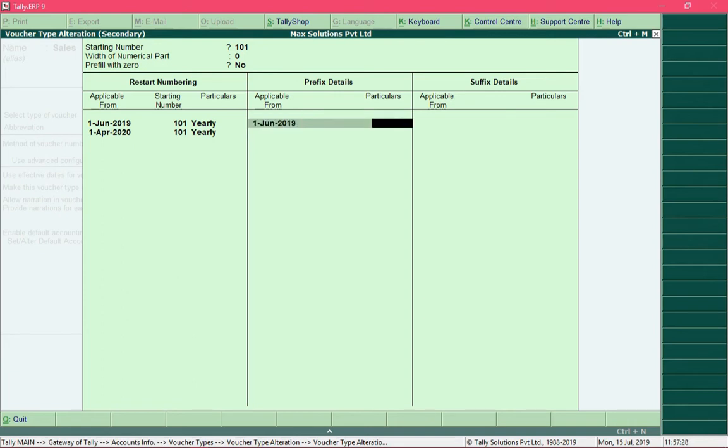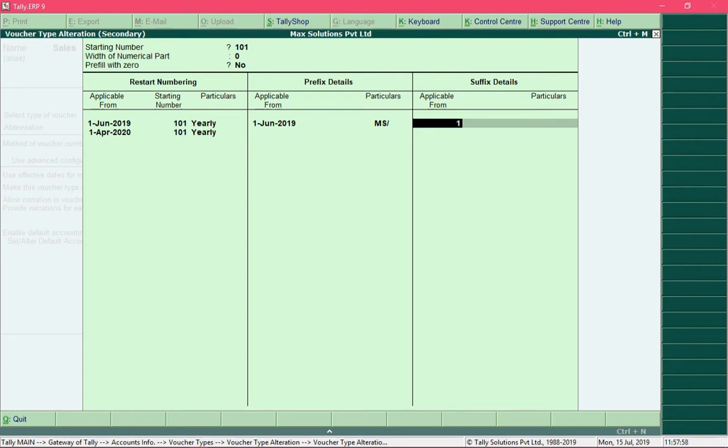I want to prefix my invoice with the following letters, and I will press the enter key. So in the second line you can specify new prefix details, but I want to continue with the same prefix details in the upcoming financial year. So I won't specify new prefix details over here, and then I will go on to specify the suffix details.